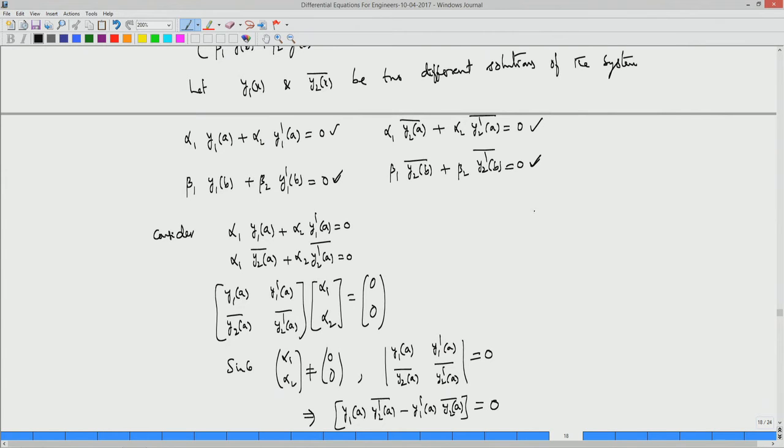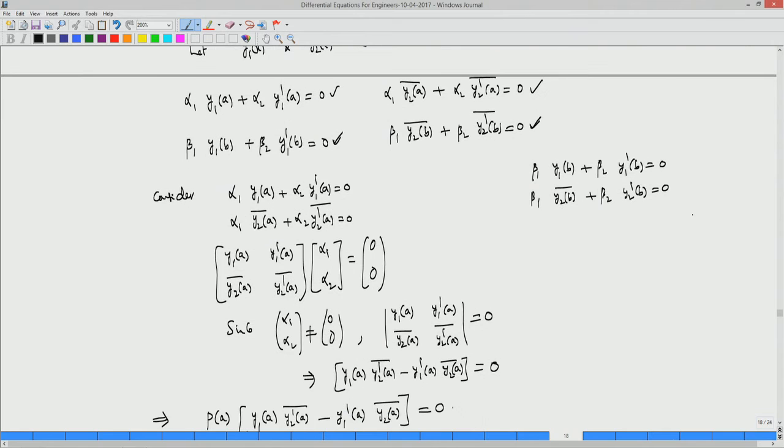What you get is beta 1 y1 at b plus beta 2 y1 dash at b is 0. This is one equation. The other equation is beta 1 y2 b bar plus beta 2 y2 dash b bar equal to 0. Since beta 1, beta 2 are not both 0,